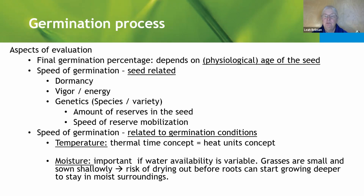So they see the optimal germ, but you may not see that because it's still got some of that dormancy locked in, which may slow germination if it's a brand new lot of seed. There's vigor and energy of the seed. The genetics, species and varieties can depend upon this, vary the speed of germination. So amount of reserves in the seed, which often is related to how big that seed is, and the speed of reserve mobilization. And then the speed of germination can be related to germination conditions, which the two most important